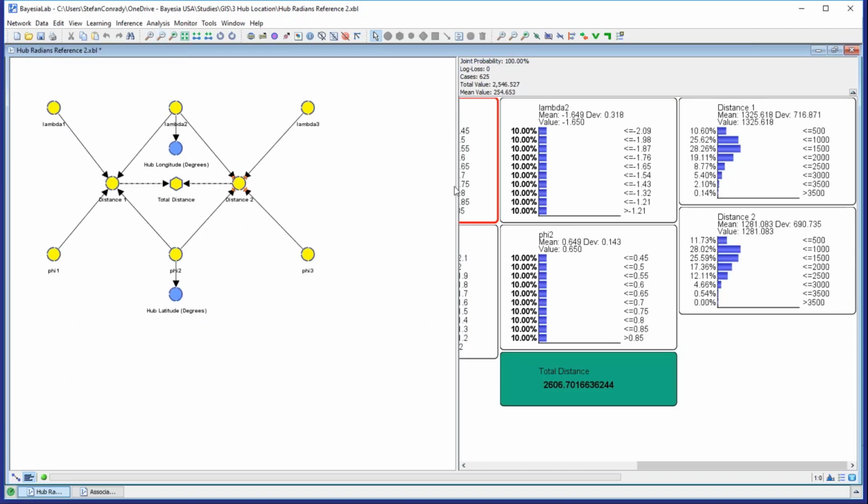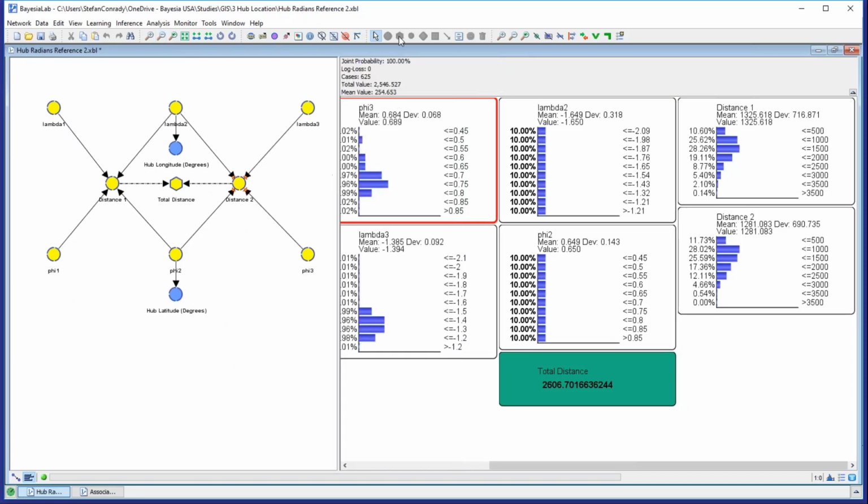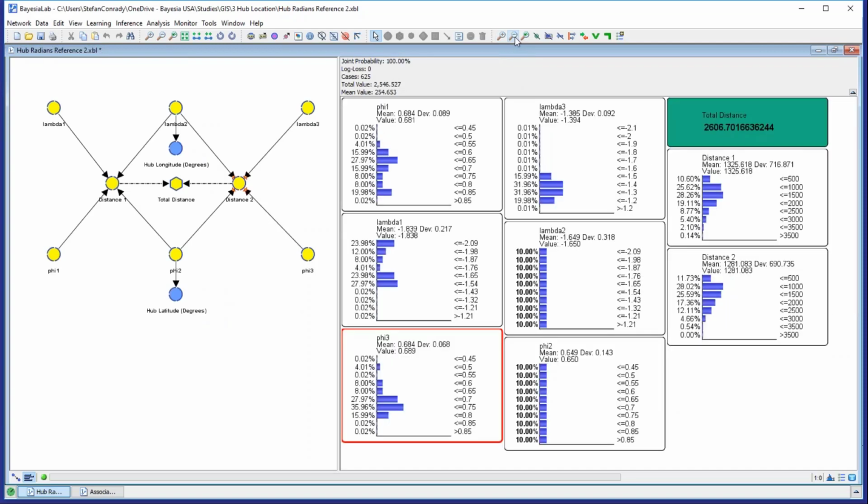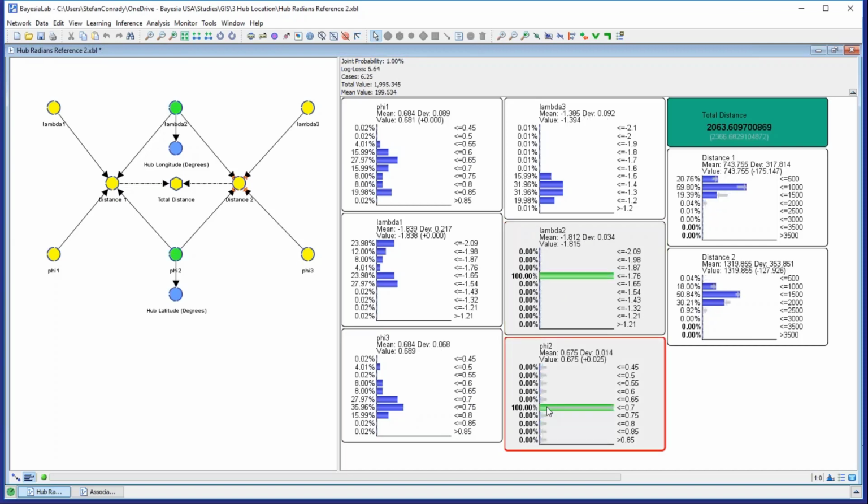Let me perhaps make this smaller and allocate more space to our monitors on the right. Okay, now we have everything in view. Of course, we could now simulate different possible locations. I could just make up values for lambda 2 and phi 2 by clicking,